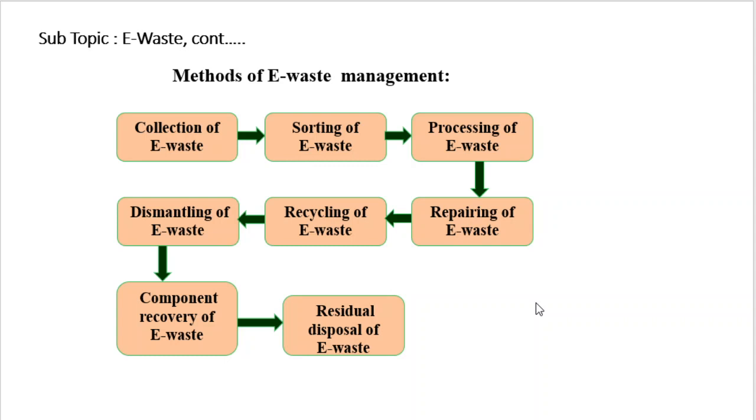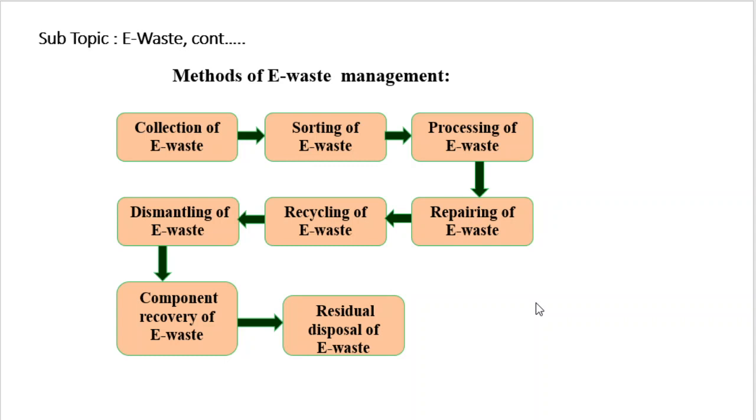So what are the toxic components in the e-waste we are going to see? First, suppose we take the e-waste as a printed circuit board. In that we can see lead and cadmium are the constituents. In cathode ray tubes, the CRT monitors, we can see lead oxide and cadmium, which are toxic materials. In switches and flat screen monitors, we can see mercury is there. Mercury is again toxic. In computer batteries, cadmium is there. Cadmium is again a toxic material.